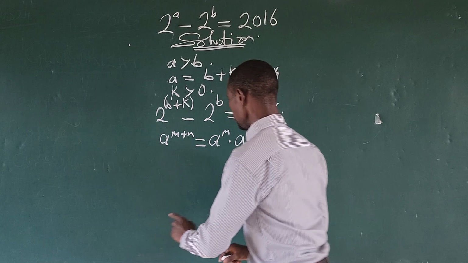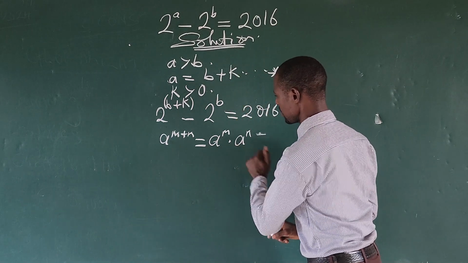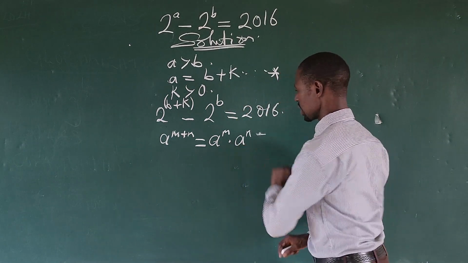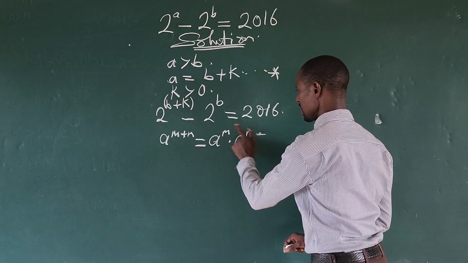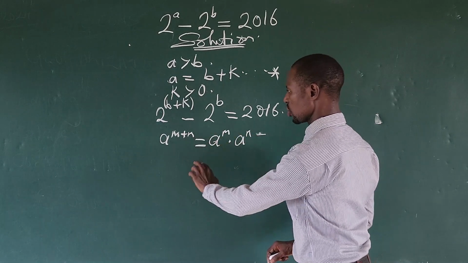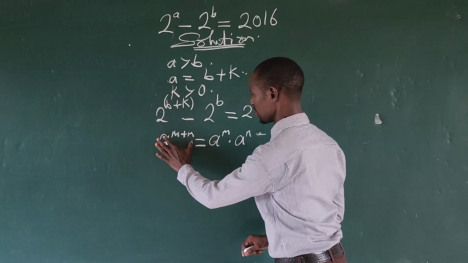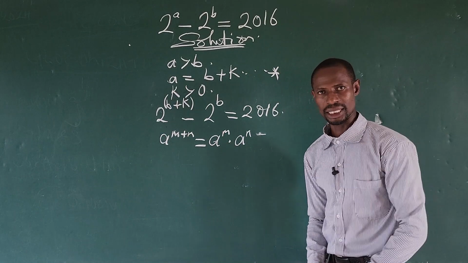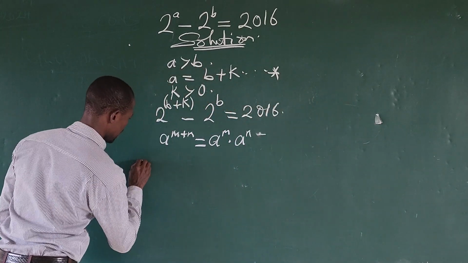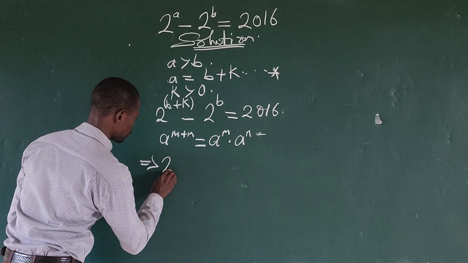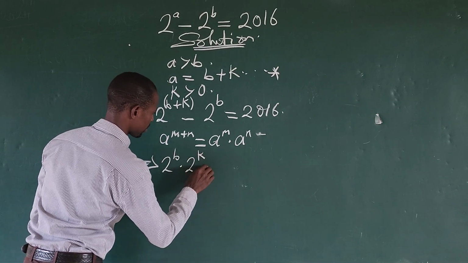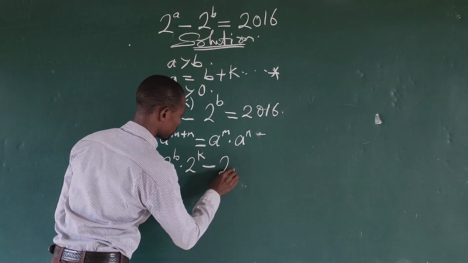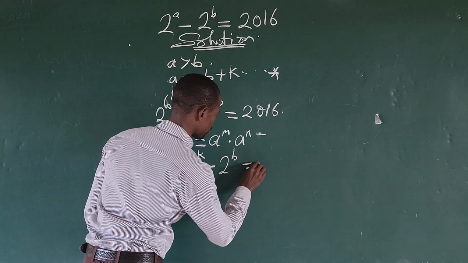When you have the same base and a multiplication sign, you add the exponents. So let's rewrite it in this format. This now implies 2 to the power of b times 2 to the power of k, then minus 2 to the power of b, equals